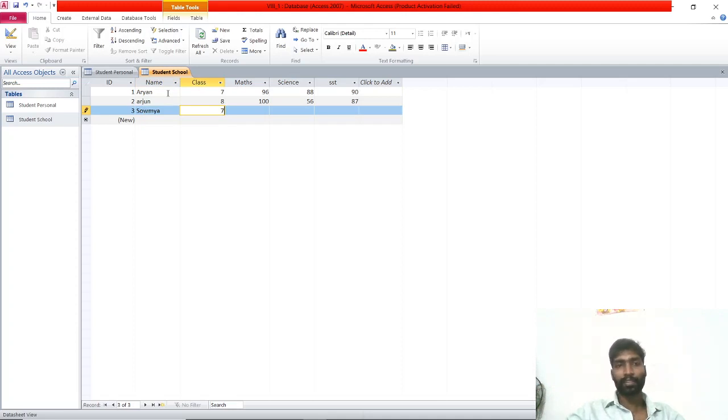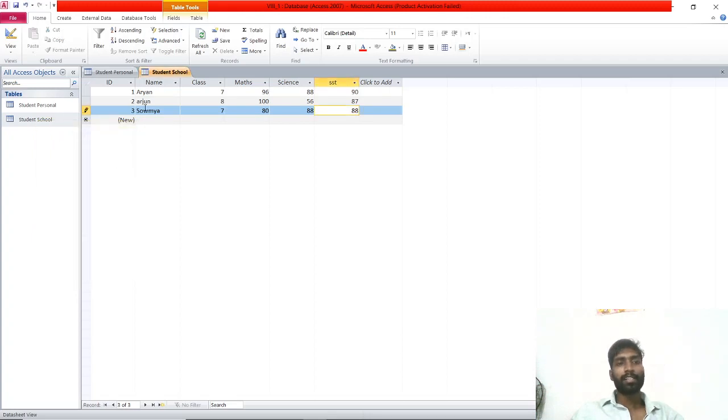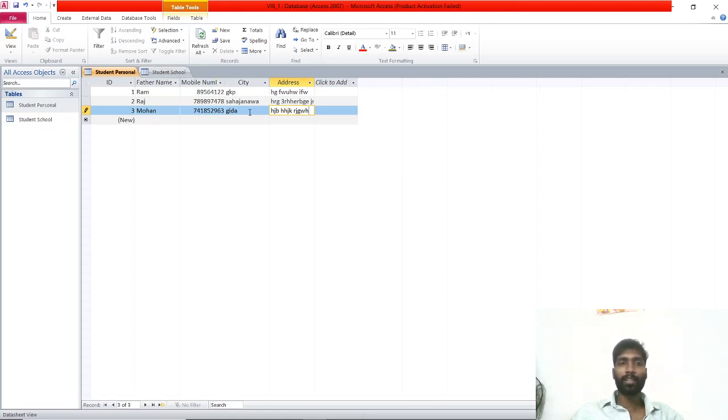Soumi, also 7th class, 80. Okay, students, now just observe the table. See here, this is the student table, student information: student name, class, three subject marks. And if you go to the personal information, you can see the father name, mobile number and city.